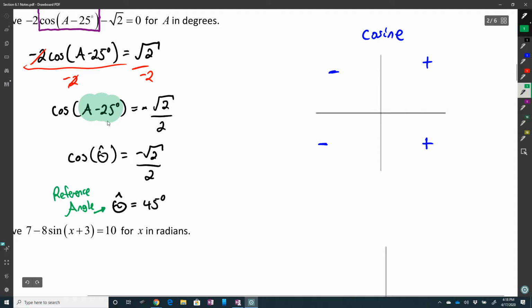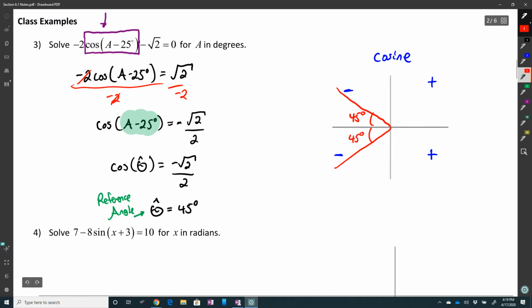But it's negative. So where is my cosine negative? Cosine is negative in quadrants 2 and 3. So I'm going to put 45 degrees here and 45 degrees there. So those are my two reference angles. Now I've got to figure out, okay, what are the actual angles? Well, the actual angle starts at 0 degrees, and to go from here to here,